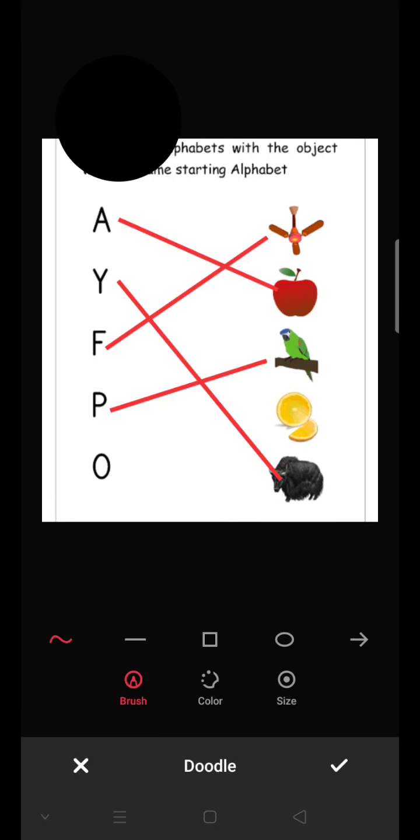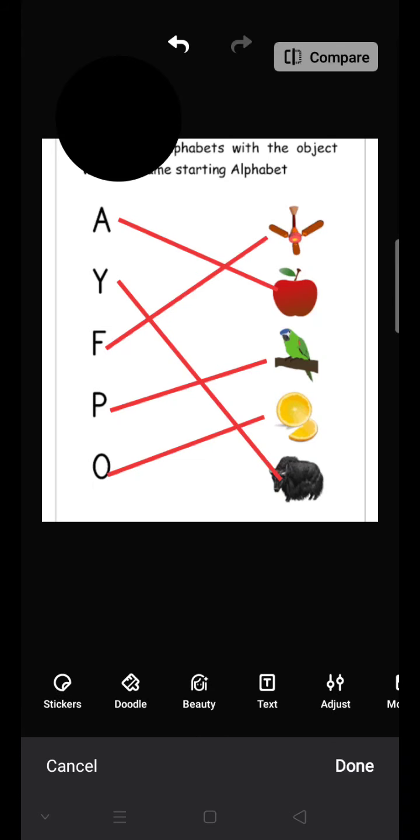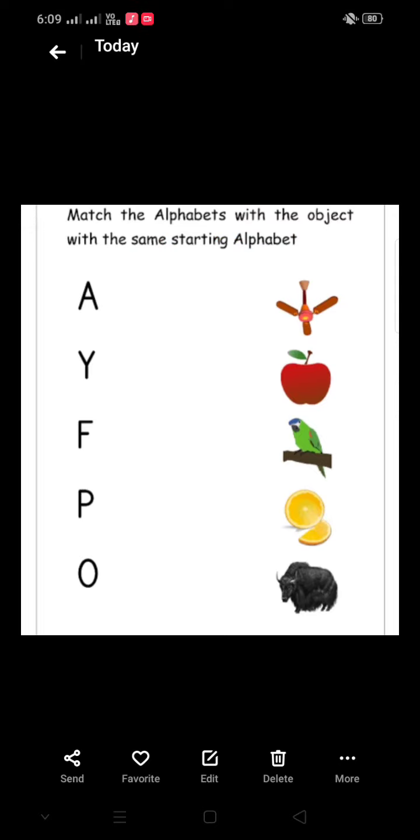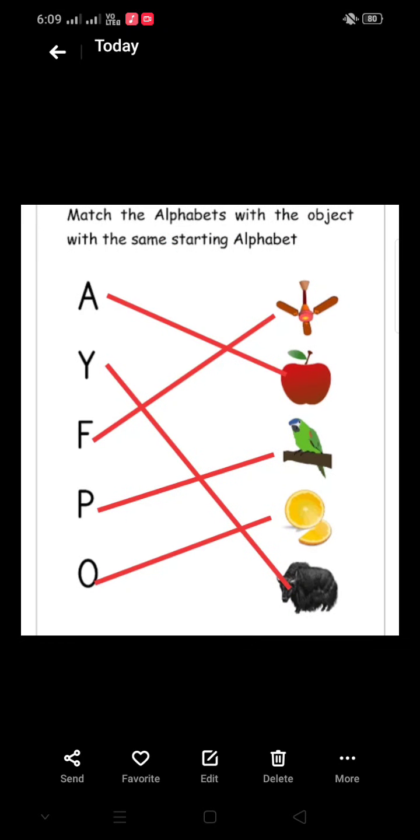Last one, select that option, doodle or draw option, and then O for, here it is orange, picture of orange. Okay, afterwards select done, and then your answer will be like this, and then send it to